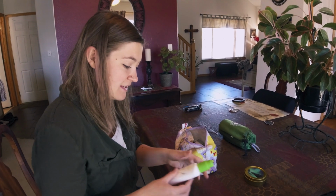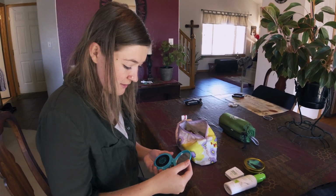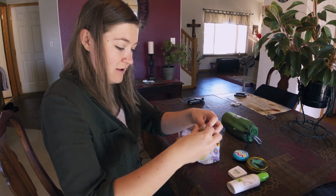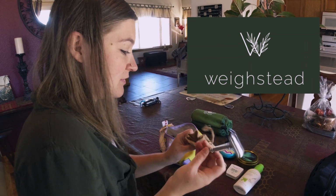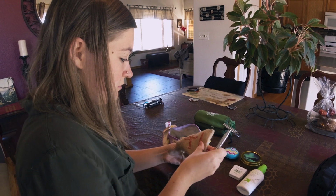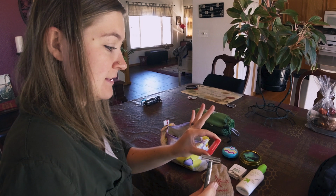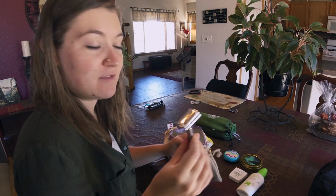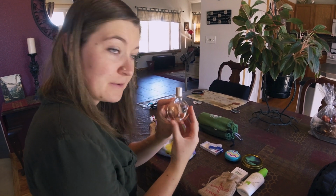All right, the second thing is my face moisturizer, then a thing of floss, compact, which I use when I can't find my hairbrush. Then I have this pouch, which has my razor in it, which uses recycled stainless steel blades, so that I am using less impact with my razor. Contacts, my perfume,